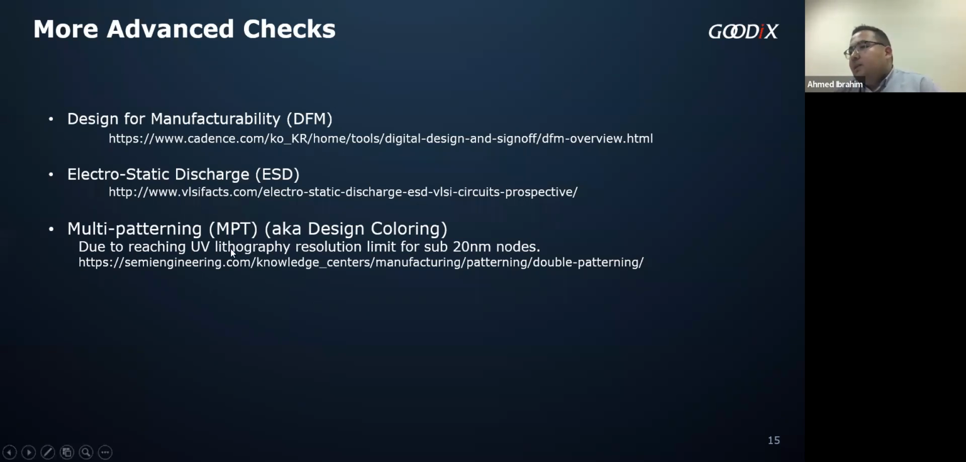Currently, the multi-patterning issue also. If you are working in advanced nodes, you will hear that the design is colored, the design is colorless. We need to add coloring. And why do we need that coloring? This is due to the fact that we reached the UV lithography resolution limit. If we have some features on, for example, metal 3, in the normal case, metal 3 will be just one mask,